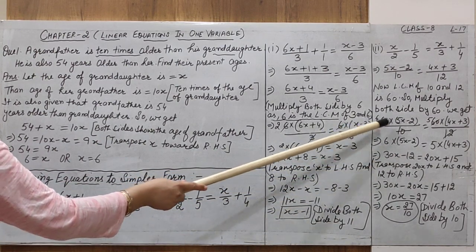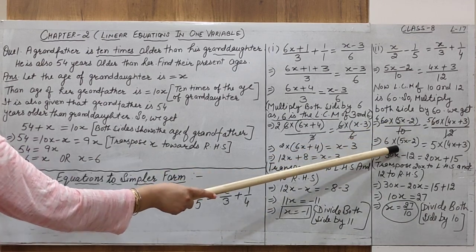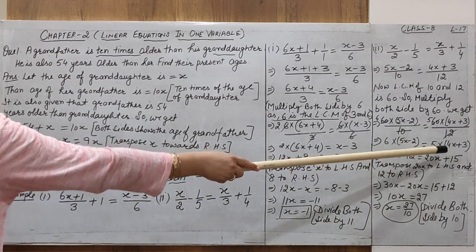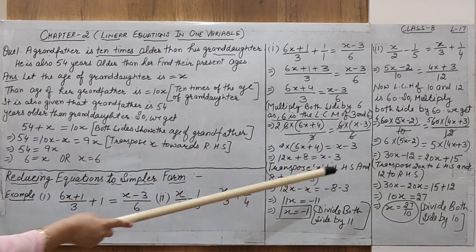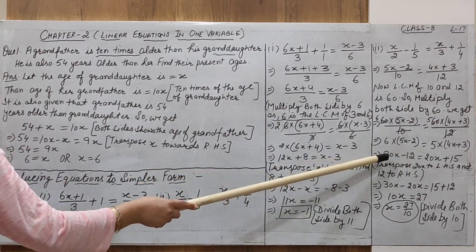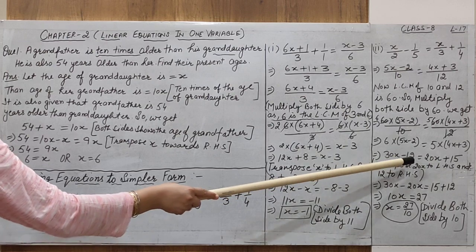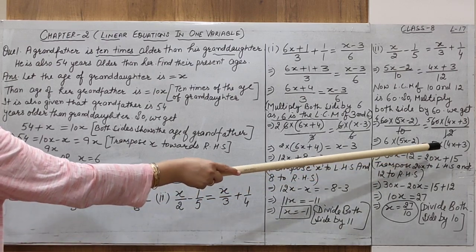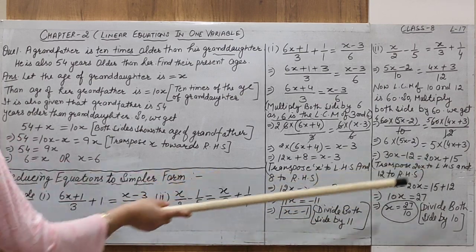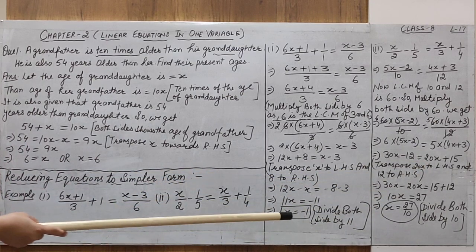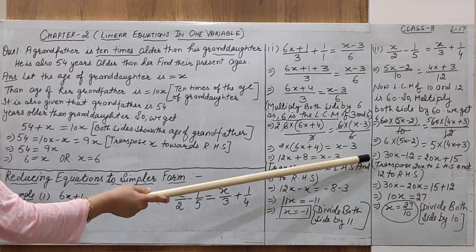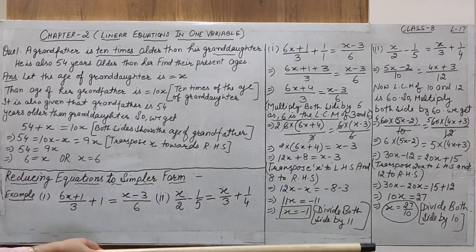Now 6 is multiplied with both the terms by using the distribution property. Similarly for the right hand side, 5 is multiplied with 4x plus 3. Now what do we get? 6 is multiplied with 5x minus 2 separately. That is, we get 30x minus 12. Similarly, when 5 is multiplied with 4x plus 3, we get 20x plus 15. Now, to solve this equation, one side is given to the variable and the second side is given to the constant.